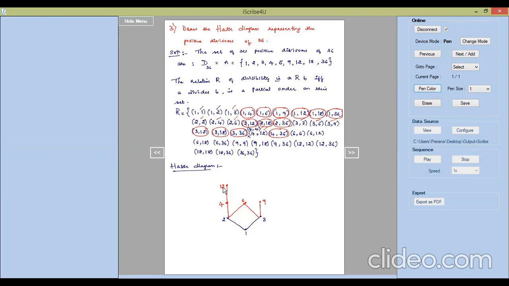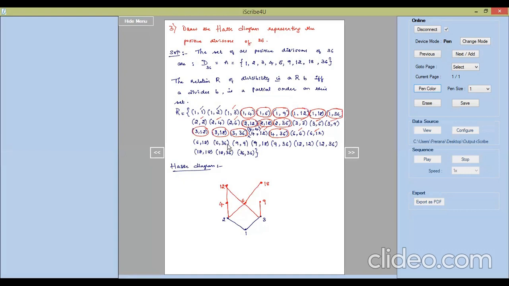Already there is a vertex 12. Already there is a vertex 6. I have to just join these two. So 6 to 12 there will be an edge. So 6, 6 is obvious. 6, 12 is drawn. Next will be 6, 18. 6, 18. So for 6, 18 I have to draw an edge because there will be no link. 12, 18 will not be there. So 6 to 18 itself will be the direct link for this. So 6 to 18 I have drawn.